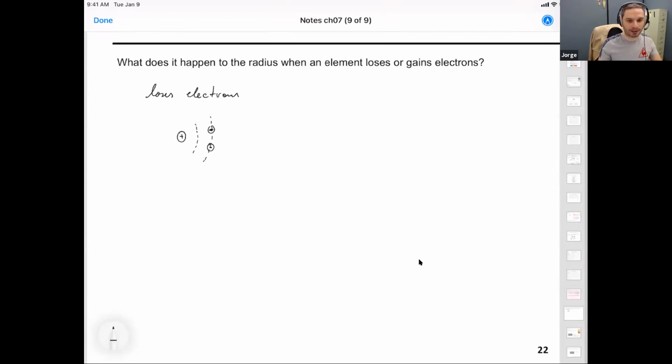So looking at just the outer electrons, this nucleus will attract these two charges with a determined intensity, and that will give us the radius of